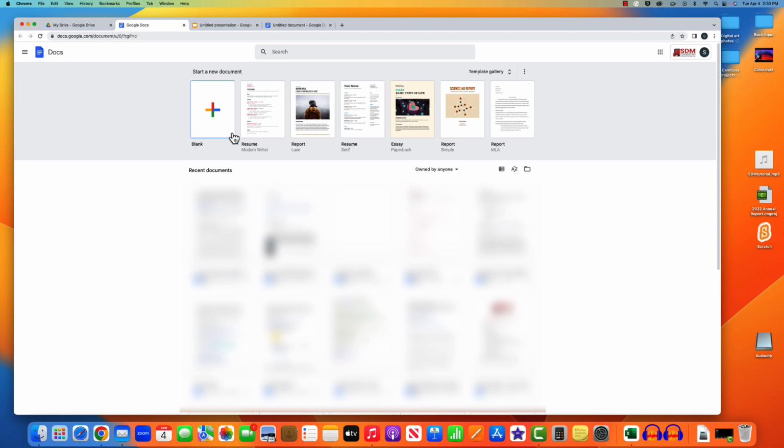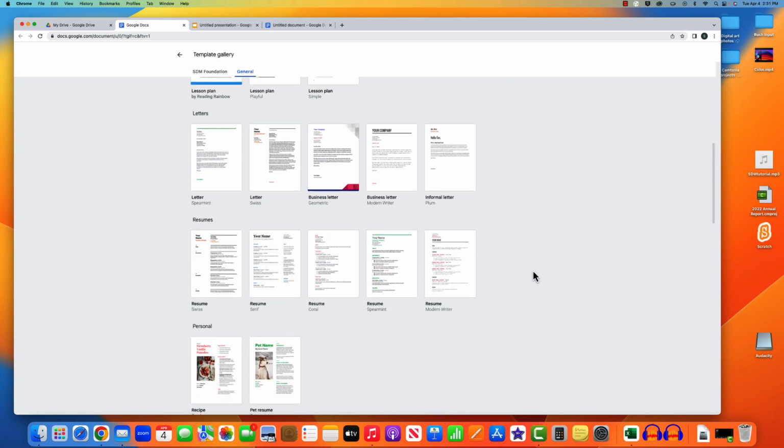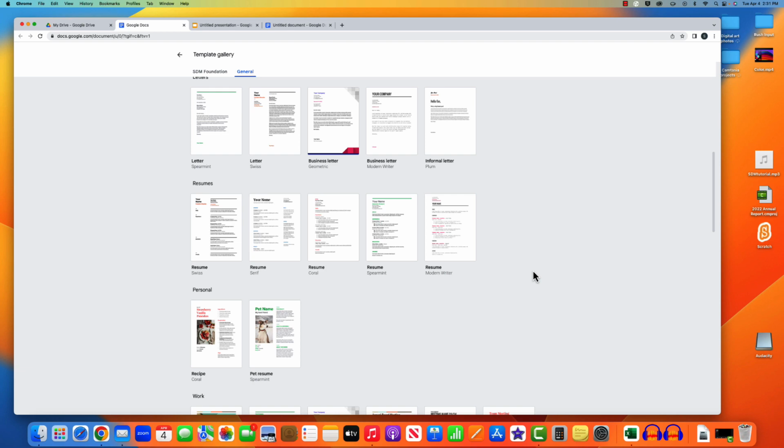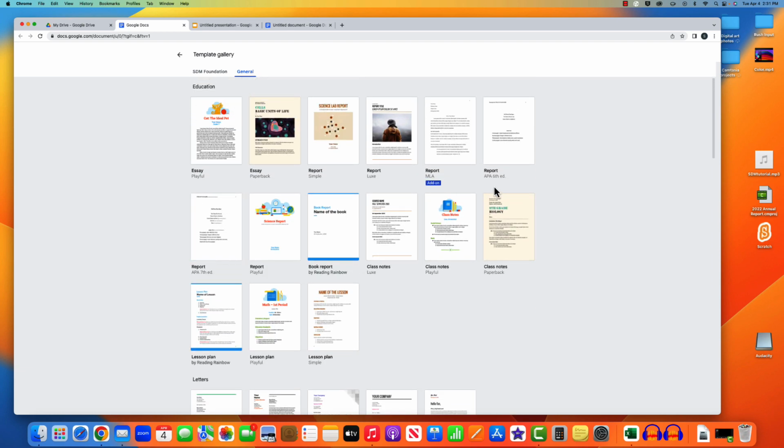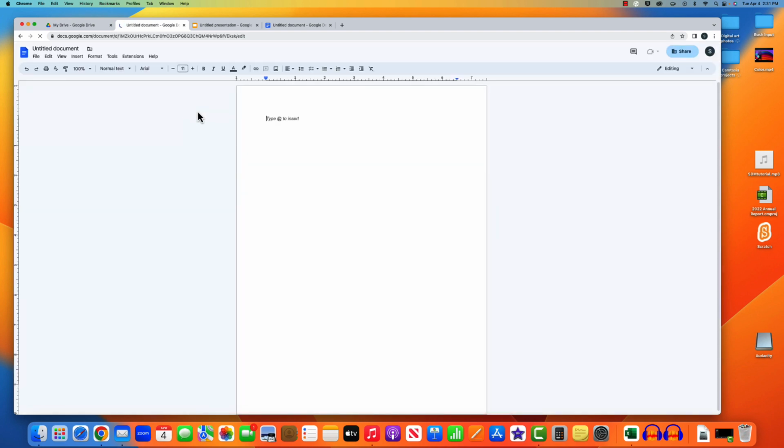When you go to make a doc, you'll have a bunch of different options. As you can see at the top, you can either make a blank one, resume, report, essay. There's a ton of different templates, and there's a drop down menu. You can see even more. Really, you can use them how you like. I usually just use the blank one, but if you're doing something specific like writing a book report or an essay, you can pick a template and it'll look nicer. But we're going to start off with a regular doc,